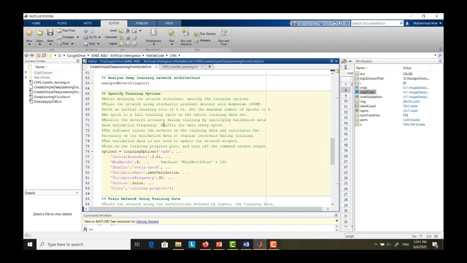But what I just want to highlight here is that this function is not stochastic gradient descent. Even though they label it as stochastic gradient descent, it's more like mini batch gradient descent. In Matlab, this function SGDM refers to mini batch gradient descent, which is in between stochastic gradient descent